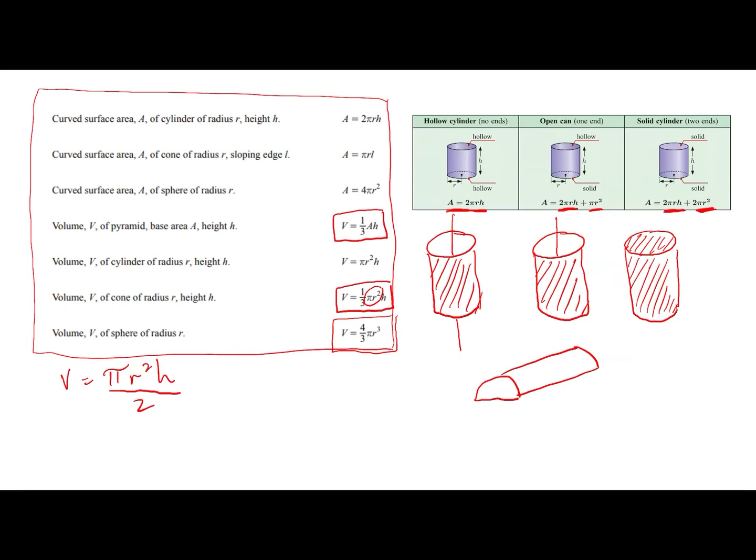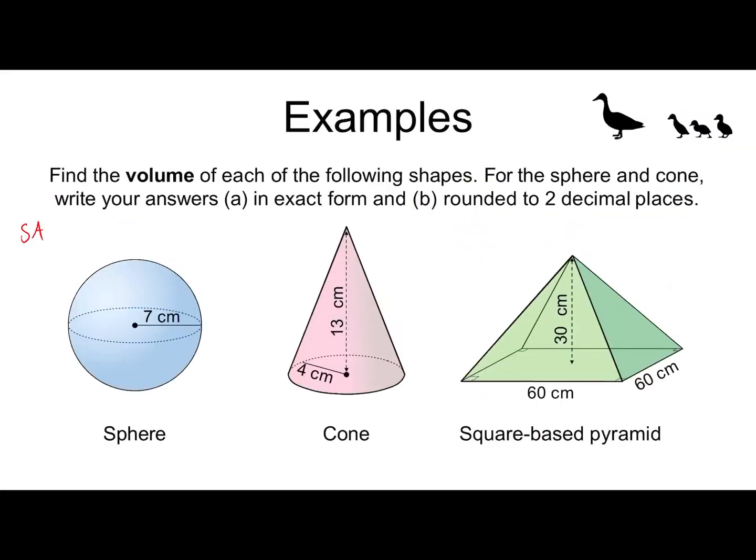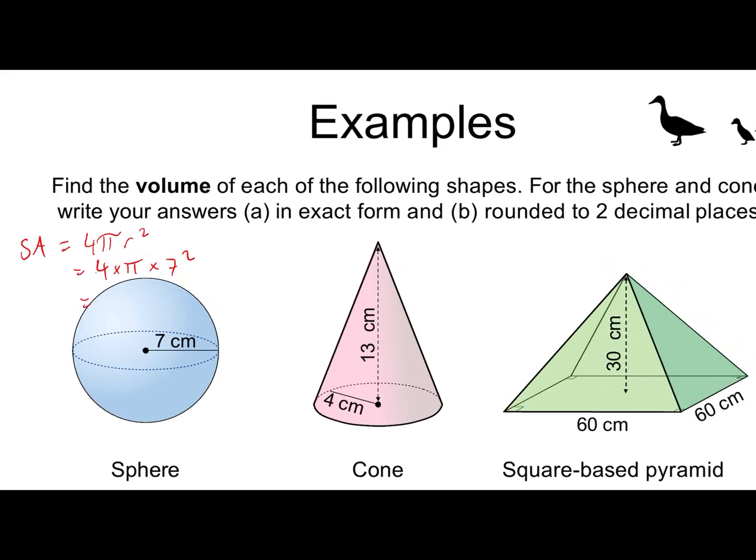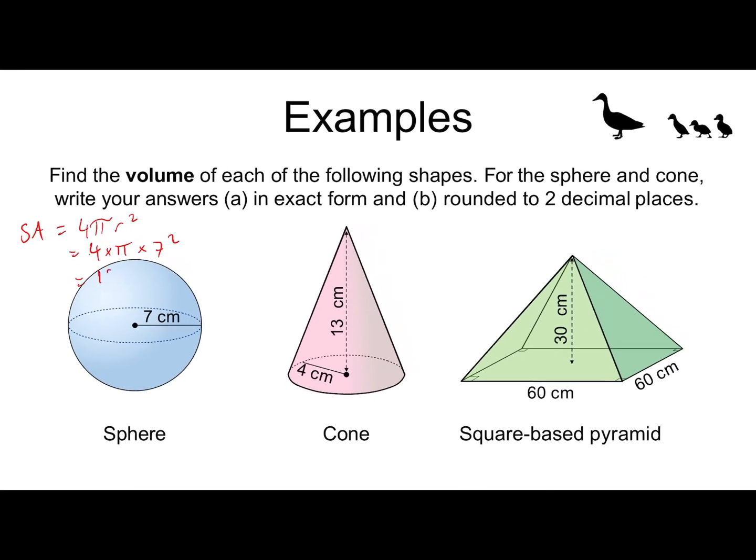The surface area of a sphere, or the curved surface area of a sphere, is 4 pi r squared, and there's only a curved section of a sphere, so it's 4 pi r squared. So it's 4 times pi times 7 squared, and let's go 4 times 49, 196 pi